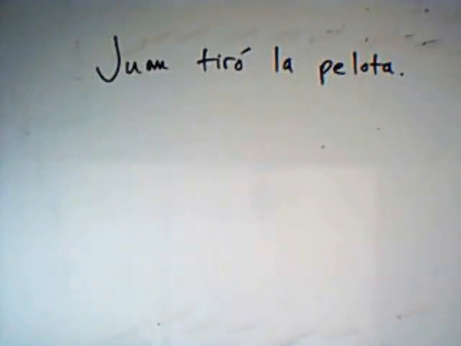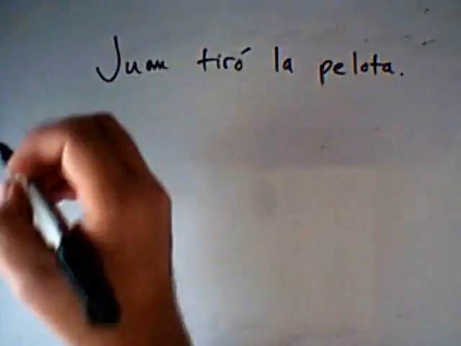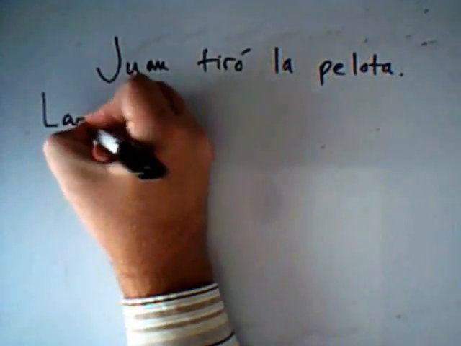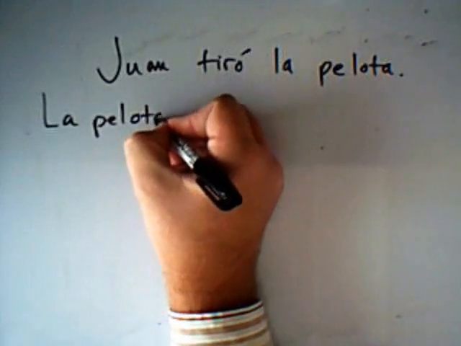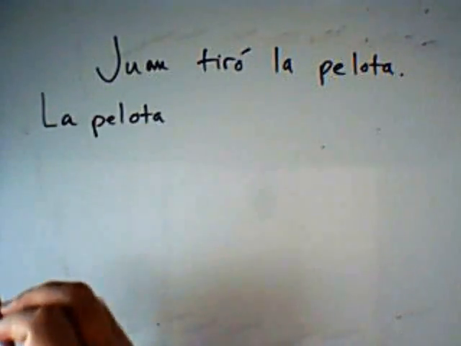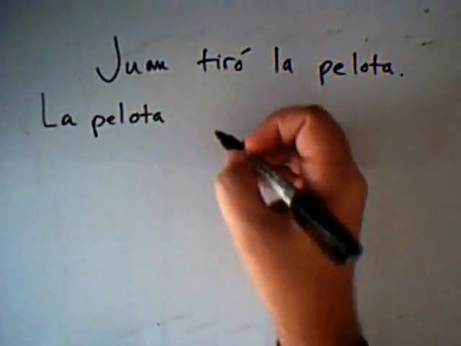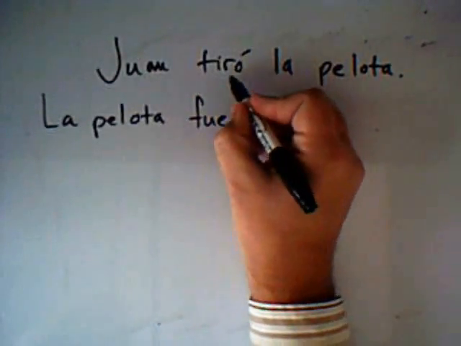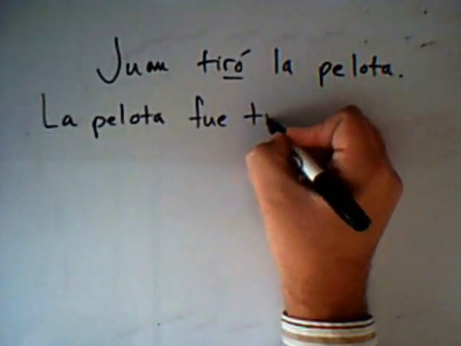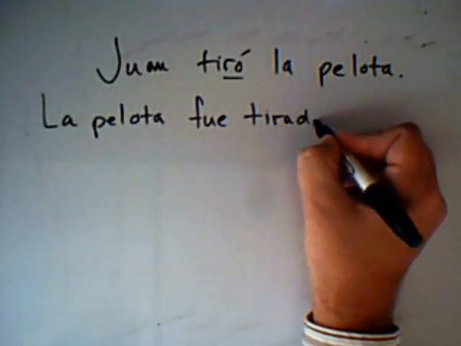Now, to change this into the passive voice using the verb ser, I'm going to put the object at the front, now becomes the subject, la pelota, and it's important that we realize that this is the subject because there are some agreement issues. La pelota, putting our verb in the past tense, okay, in the preterite, fue tirada,